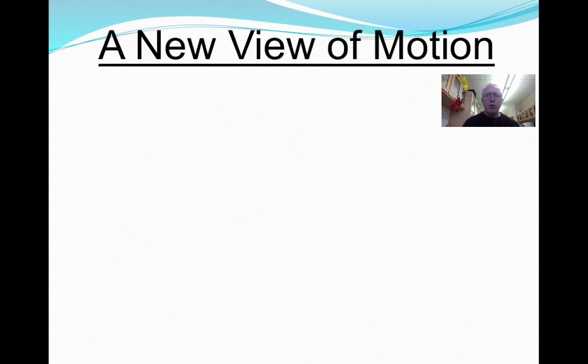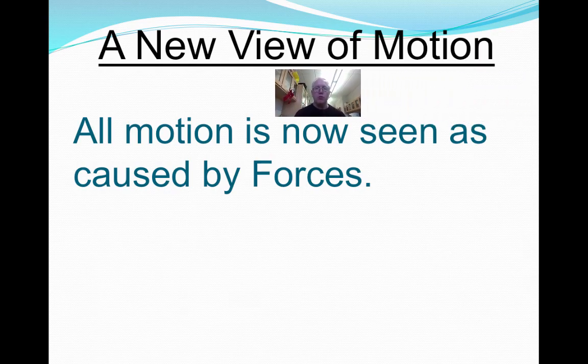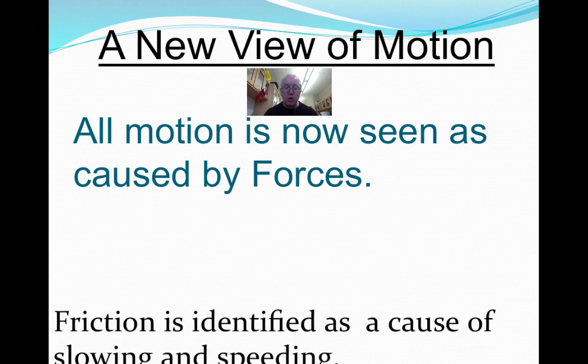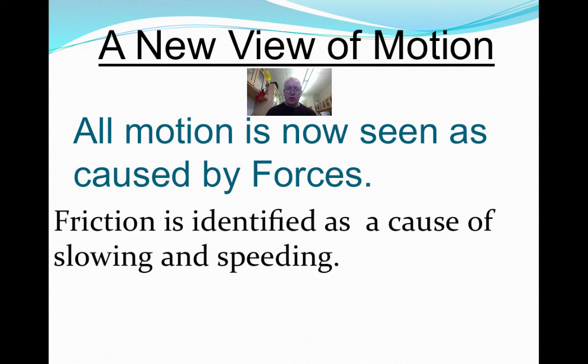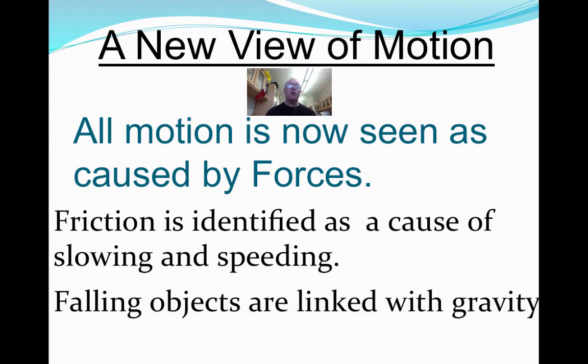Okay, so now with Newton we have a different view of motion. Now we're not saying that an object wants to come to a rest, we're saying a force has to cause it to come to a rest. And we're also not saying that an object is falling because that's what an object naturally does. We talk about friction for making things pick up speed or slow down, and we talk about gravity as making things fall through the air. So this is a new way of looking at things. Well, a new way 400 years ago, and it was pretty radical at the time.